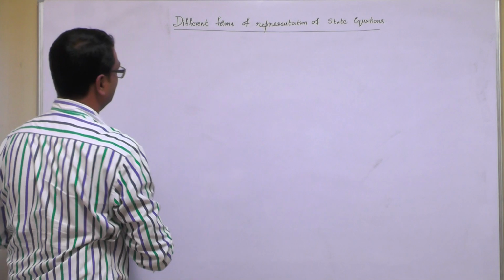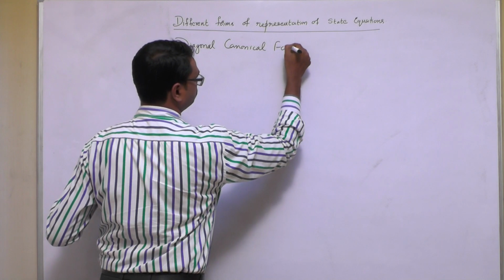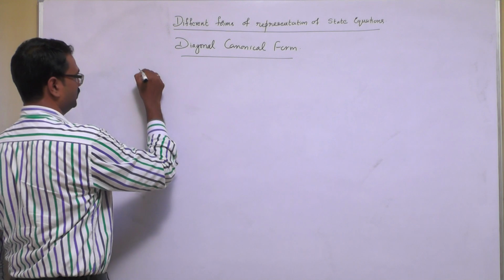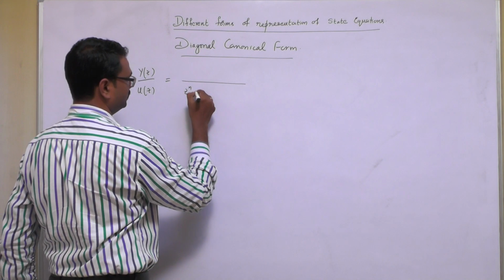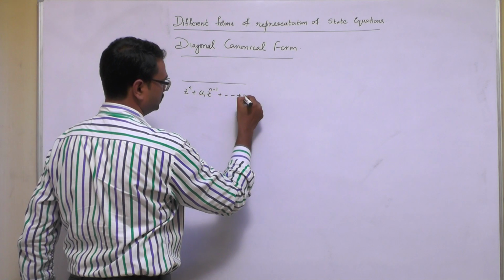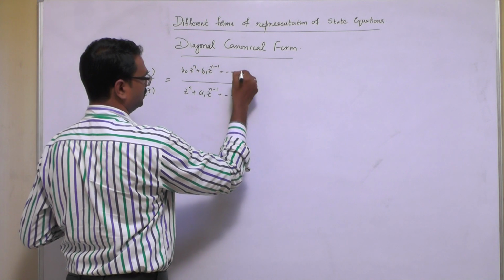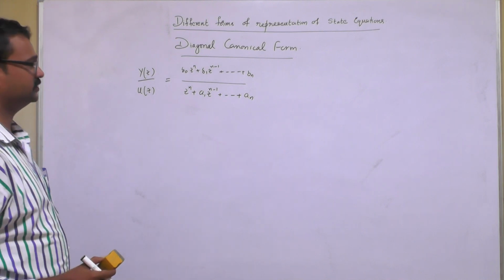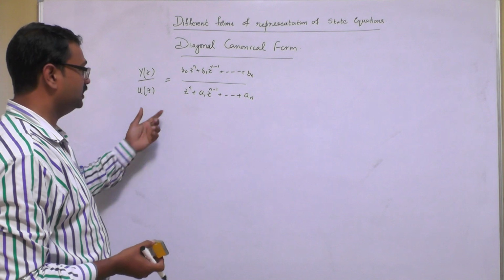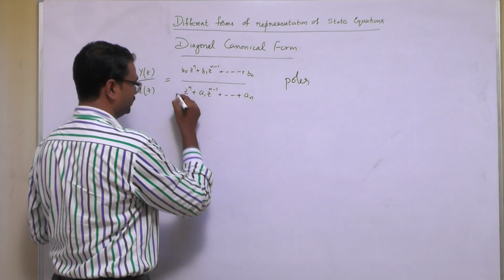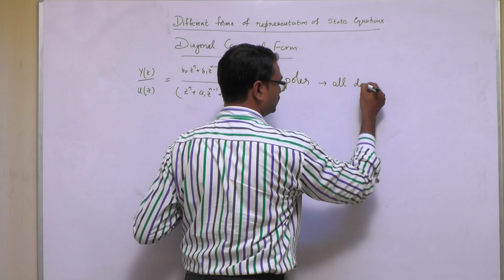The diagonal canonical form and the Jordan canonical form. For example, in this given transfer function, the pulse transfer function Y of z by U of z, we have z power n plus a1 z power n minus 1 plus so on plus an in the denominator, and b naught z power n, b1 z power n minus 1, so on, plus bn in the numerator. This is the pulse transfer function of the given linear time invariant difference equation represented in discrete time systems. For this, if the poles, that is the roots of the denominator, are all distinct values,